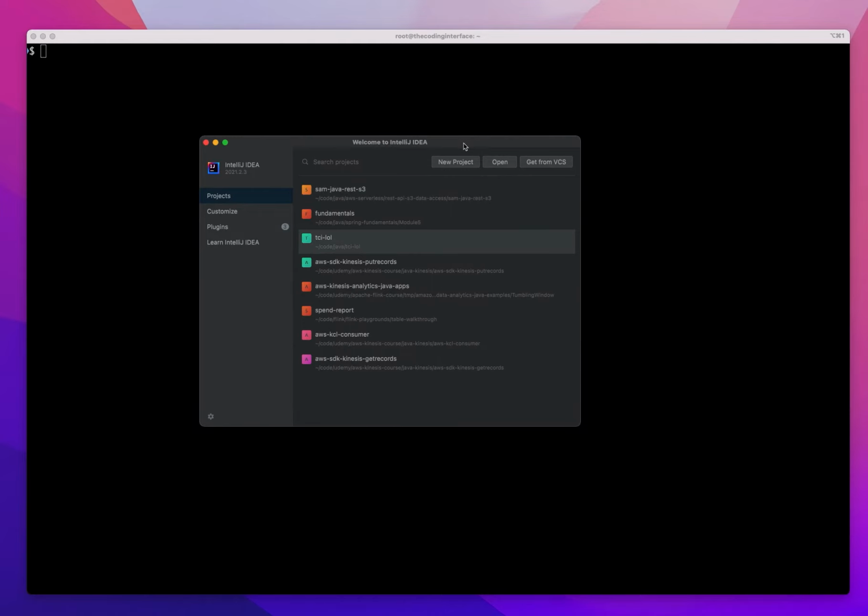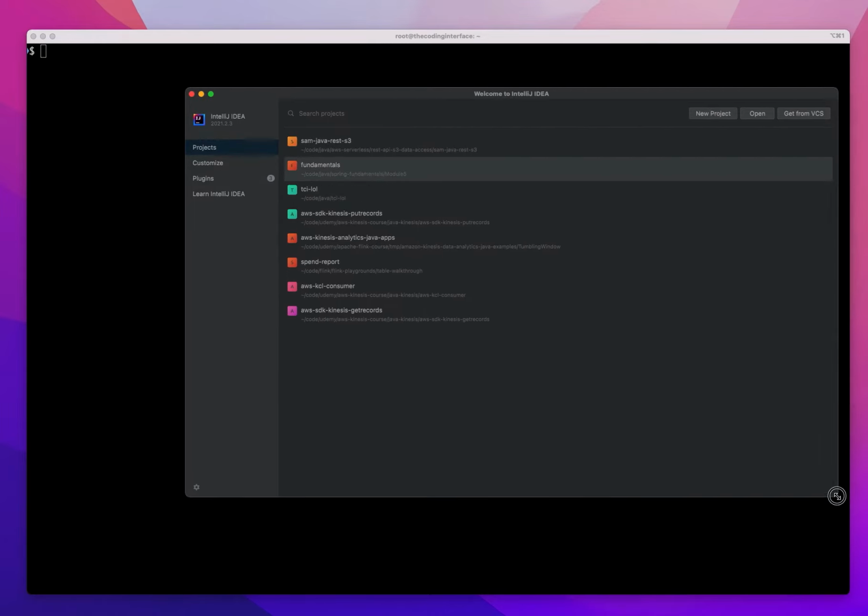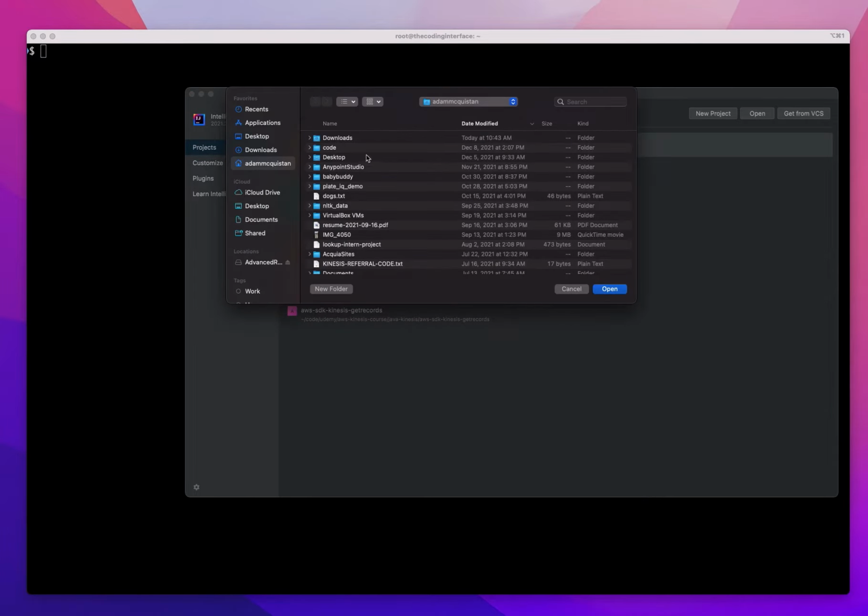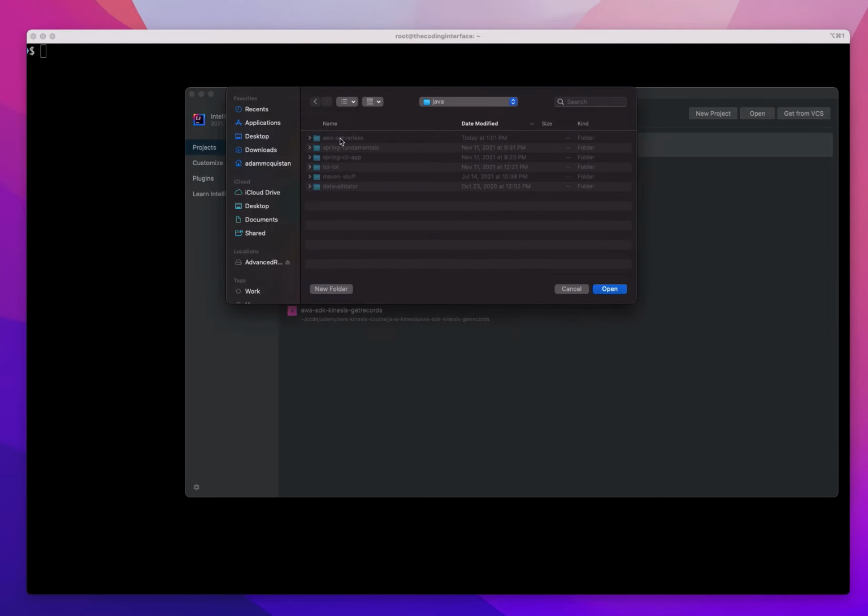So I can now go to the open, and I will find where I saved this, which is in this temp directory right here. And that's the new directory that was created by the SAM CLI, right? So SAM Java REST API S3. I will open that guy up,